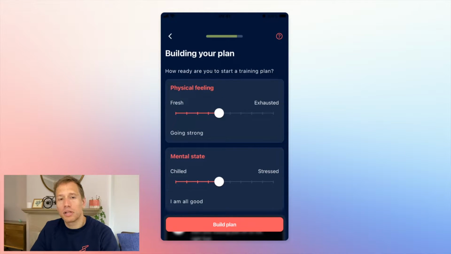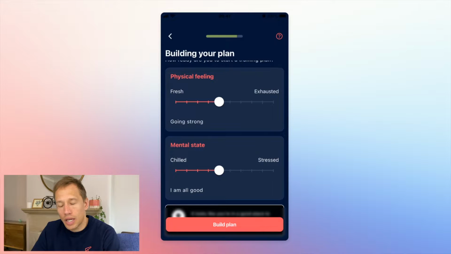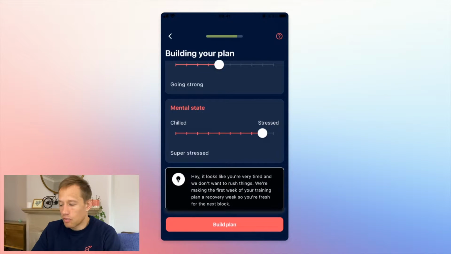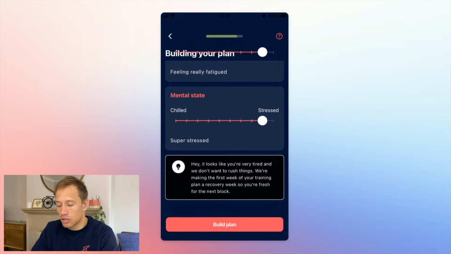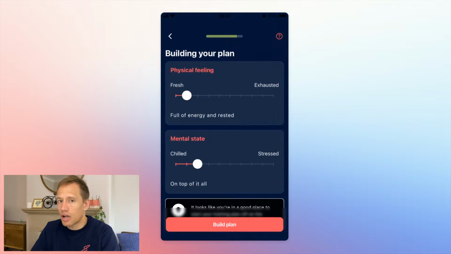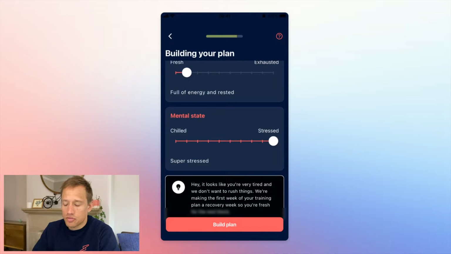So we're really big believers in having these personal feedback loops. So it's about asking you how you're physically feeling and how you're mentally feeling. Because what these two questions will do is say, okay, if you're mentally stressed and you're physically knackered, well, the first week of your training plan is going to be a recovery week. But if you are pretty good, well, then there's no need to introduce a recovery week. We know you can just start off straight away, or if you're just pretty average, we'll just reduce